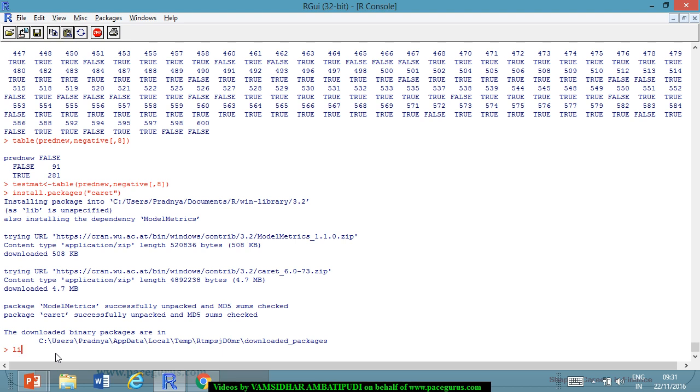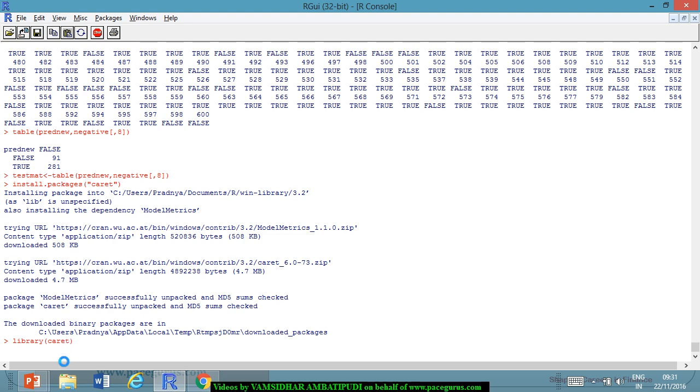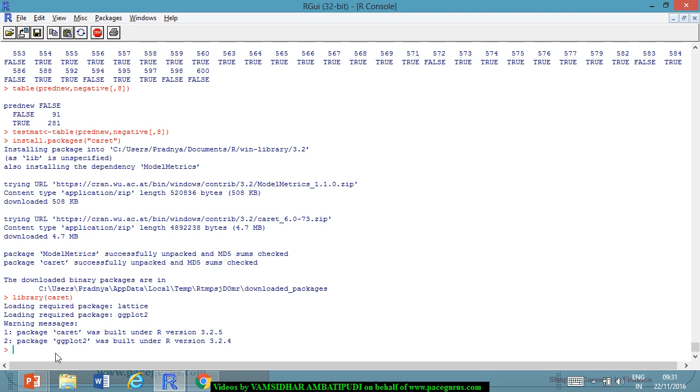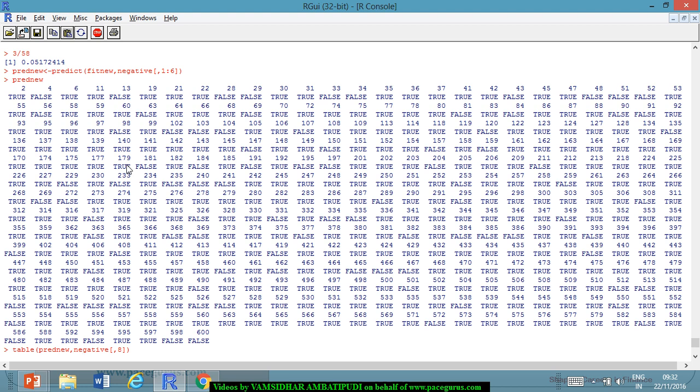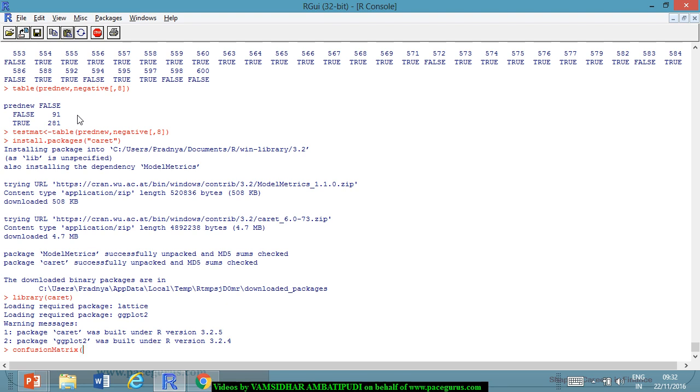So I will load this package library called caret, and on this particular package I want to introduce the confusion matrix. So we'll use this function called confusion matrix, which gives me slightly more details, right? So if I want to do it on the training data, I can very well go ahead and do it. If I'm doing it on the testing data, I can very well go ahead and do it. So whatever is the model that we have got, test